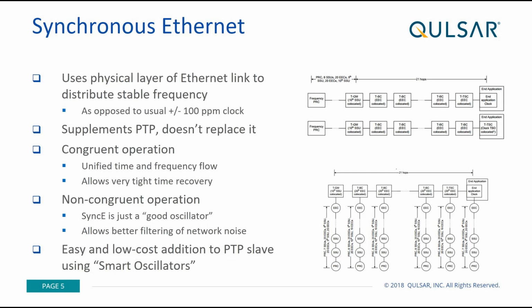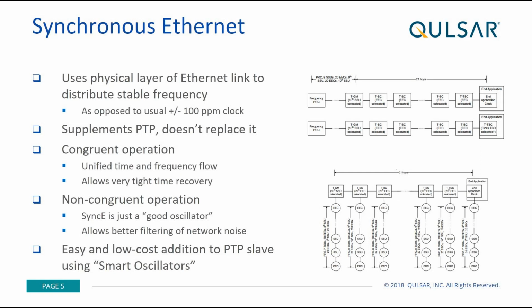As originally defined, Ethernet allows for the clock at each end to be implemented with a simple crystal that's accurate to plus or minus 100 parts per million, which is obviously no use for very precise timing at all. However, there is nothing in the Ethernet standard to stop you using a very precise traceable clock instead of a free-running clock, and that's exactly what synchronous Ethernet does. So it actually generates the Ethernet packet clock from a traceable source such as a GNSS receiver, often the same time source that is driving the